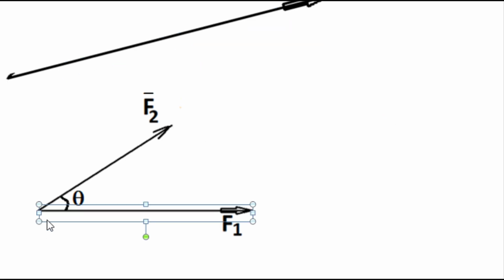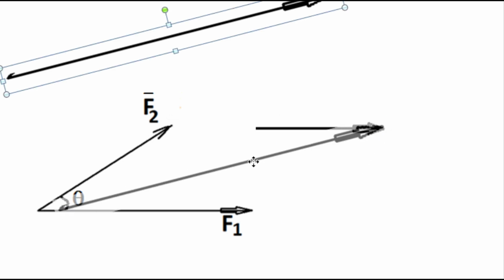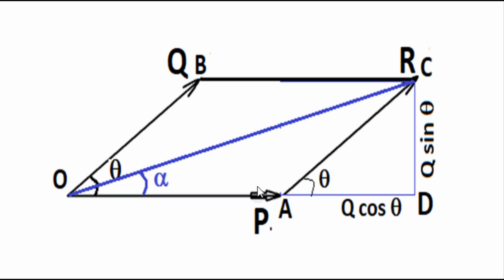Similarly, we can place tail of first force vector F1 on head of second vector F2. The vector joining the tail of F2 to head of F1, again diagonal of parallelogram, is the resultant. Here, as per parallelogram theorem of forces, resultant of forces P and Q is diagonal of parallelogram R. To find magnitude and direction of resultant of two force vectors P and Q, that is R, resolve force vector Q along and perpendicular to the direction of force vector P.